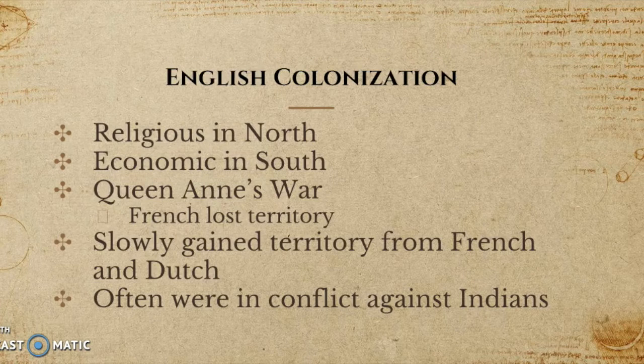Finally, we'll get to the English Empire. So, of course, the English colonies were very diversified in how they saw politics and religion and their social views. In the North, especially in New England, the colonies were based on religion, but in the South, for example, Virginia, the colonists moved there not because of their religion, but because of their economic status in their home countries.